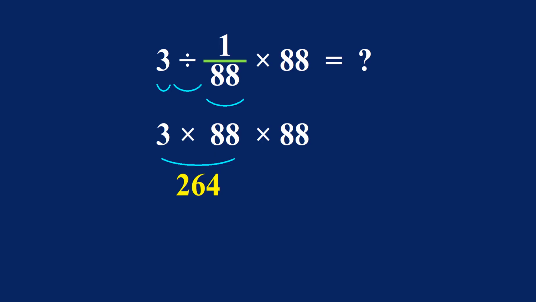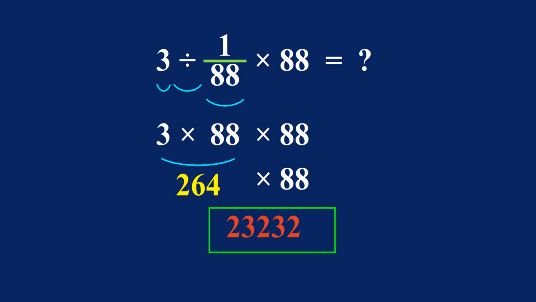264. So 264 times 88, which equals 23,232. And so our final answer to this problem is just